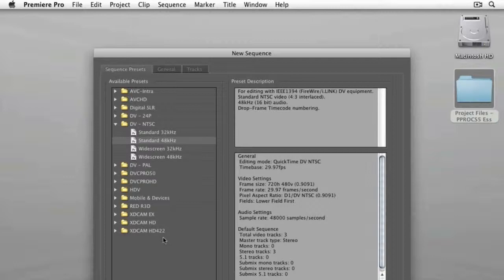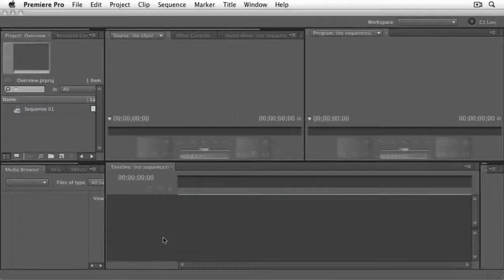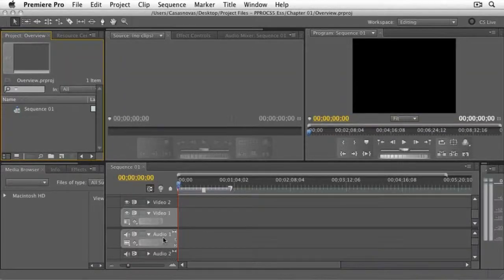The new sequence settings appear. All you have to do is click OK. And this is now Premiere Pro. When you're in Premiere Pro, the first thing that you need to do is either capture or import your footage. We are going to talk about capturing a little bit later on in another chapter, so let's talk about importing the footage. For that, you go under File,